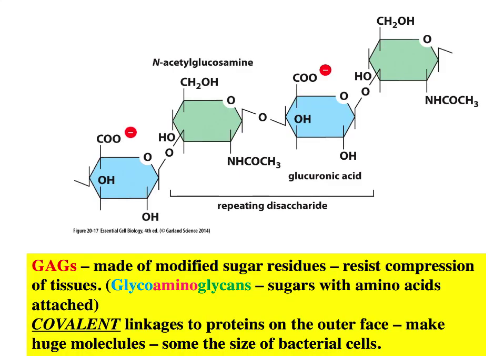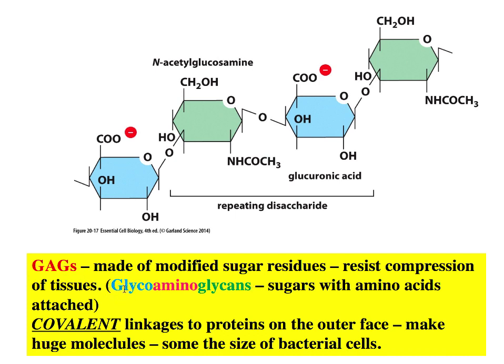As was alluded to a number of slides back, the extracellular matrix is not just made of proteins. The second most common constituent are sugars. But these are not your regular sugars, these are modified sugars. So one of the most common are called GAGs, G-A-G-S. The GAGs stand for